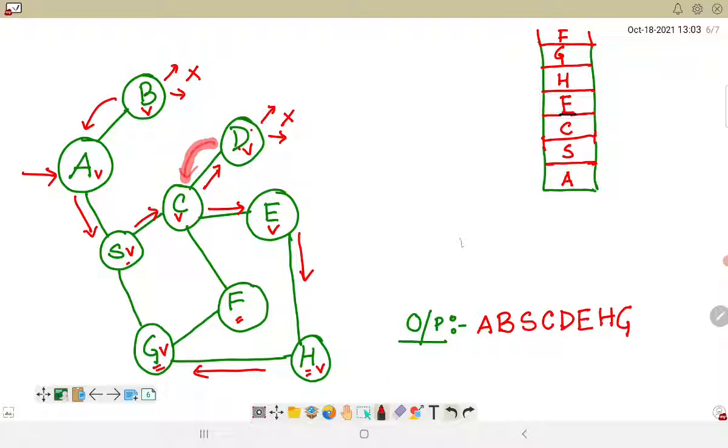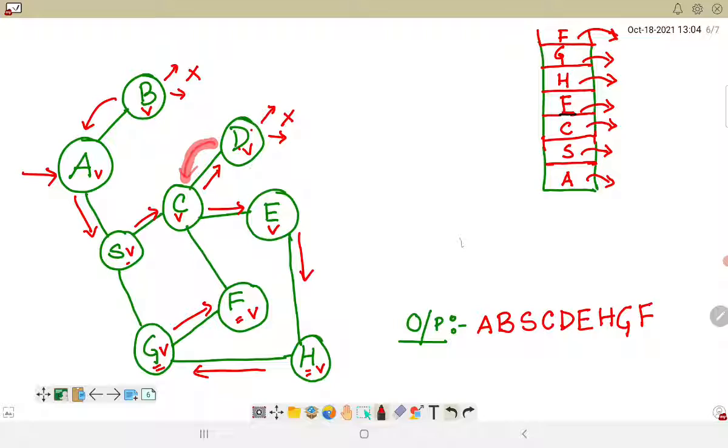F is also visited and is finally added to the output sequence. Now all these nodes are visited, and one by one we can pop out all of these nodes from the stack, because all of them have been visited in this order.